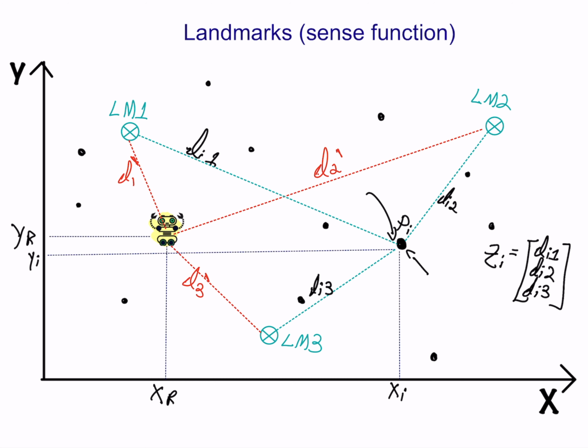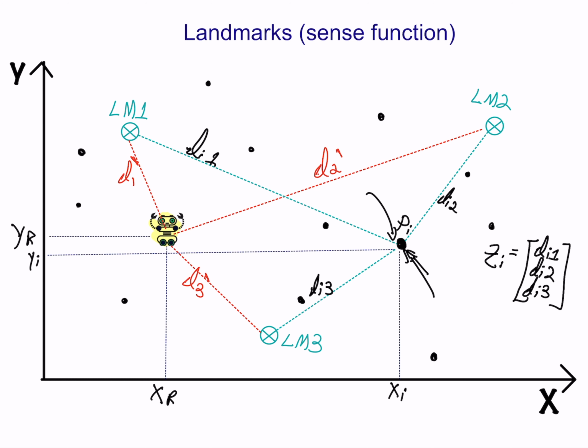Basically, this vector is what you would have gotten if the robot position was exactly at Pi. Again, this is very important. Each particle is a guess. So let's say that I'm in that position at Pi. What do I need to get from the sensors? Zi is very easy to compute if you know the x and y values of each particle and you know the x, y values of each landmark. This is a very easy computation.